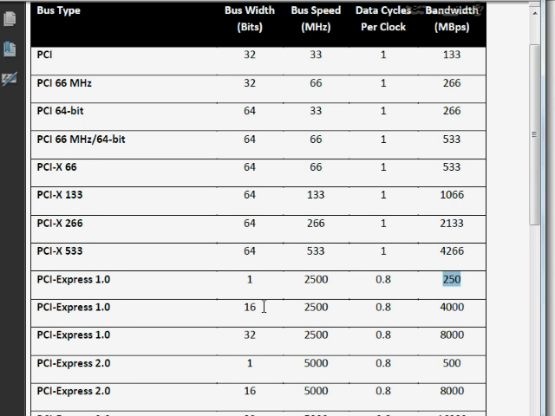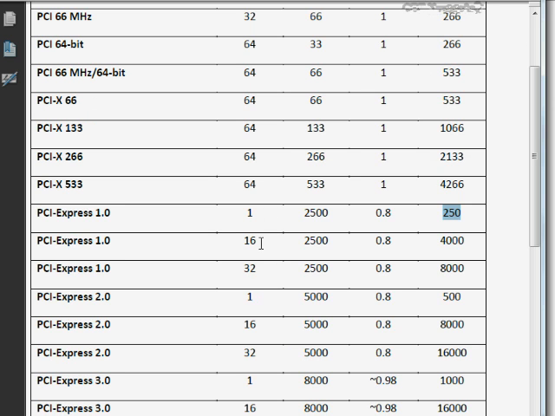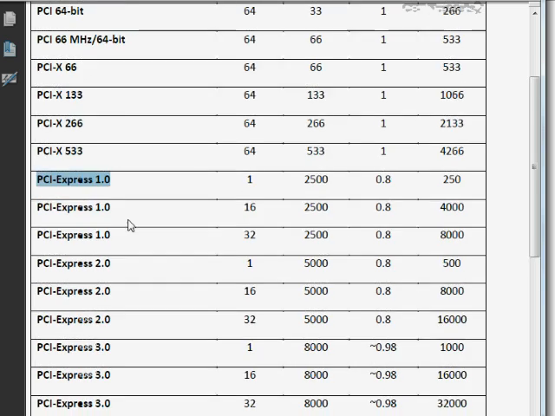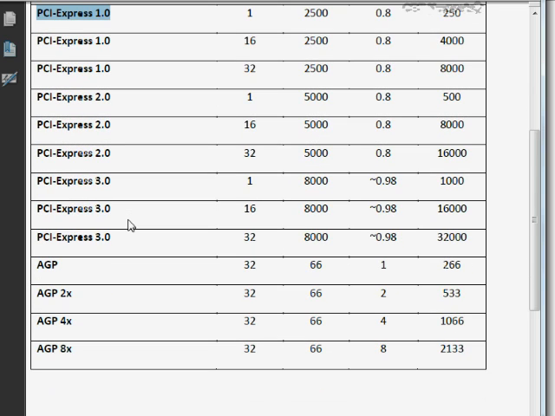And then you can see that you can now also put additional lanes. It's not bit width. These are lanes in PCI Express. So it's somewhat analogous to a 16-lane highway or 32-lane highway. And also, this PCI Express that we see here is the initial version of PCI Express. Most of the computers that you see nowadays are going to have PCI Express 2, which, as you can see here, is twice as fast as the original. And so our throughput is getting pretty fast there. And you might see up to this level on the A+ exam.